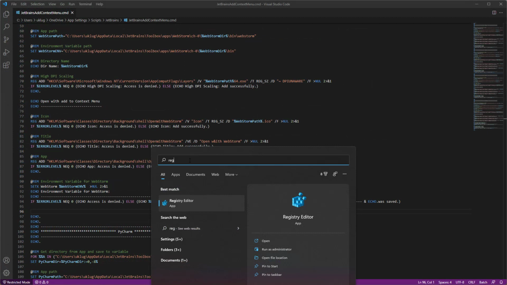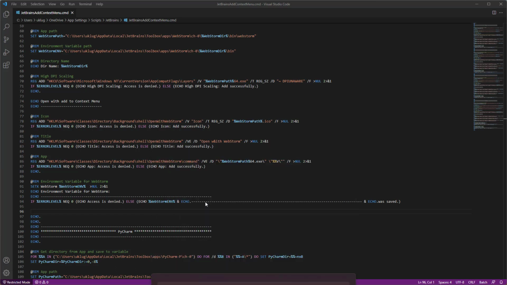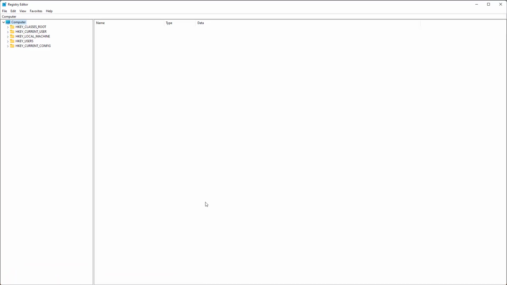You can do this by hitting the Windows logo key and typing REG, and then it should already appear. If not, then you just keep typing and then open this one. I get a warning from the user account control, and I recommend never turning this off. If you never started your registry, it should look like that. And you can look for the key here, or we go back to VS Code